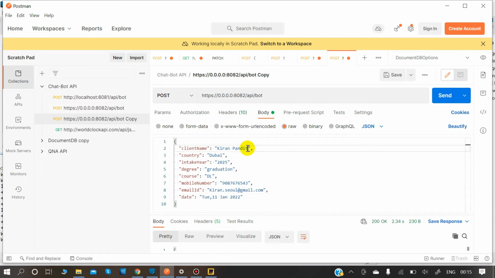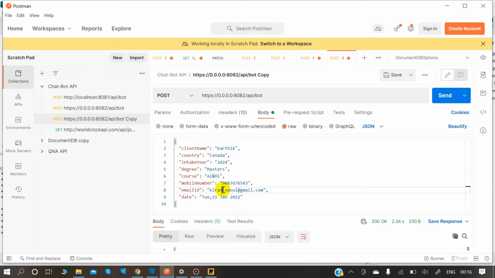We can give any name here. Let's say Karthik would like to go to Canada in the year 2024, degree masters, who will be going for a course of AI and ML.